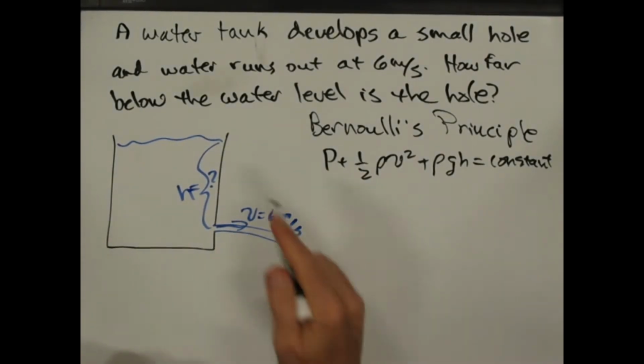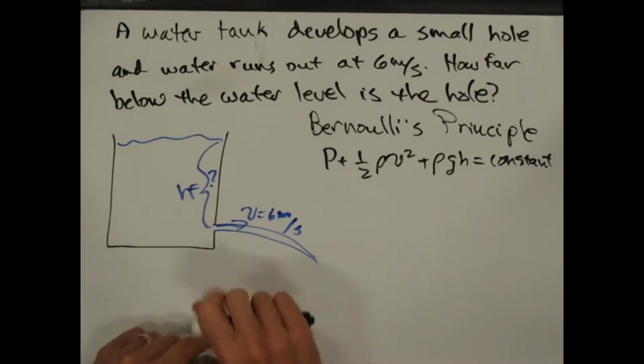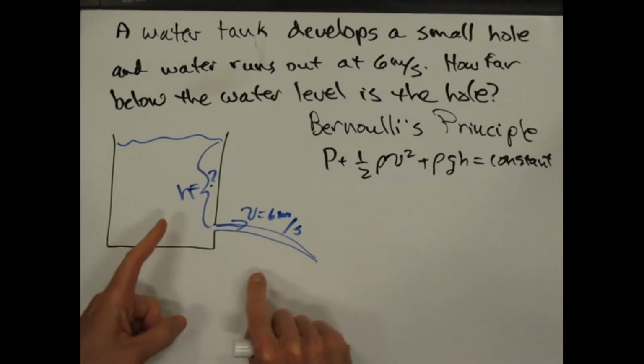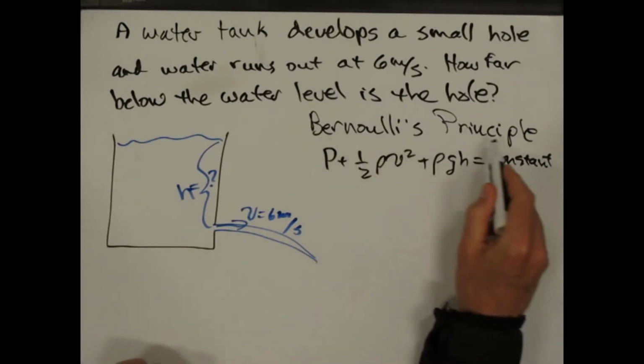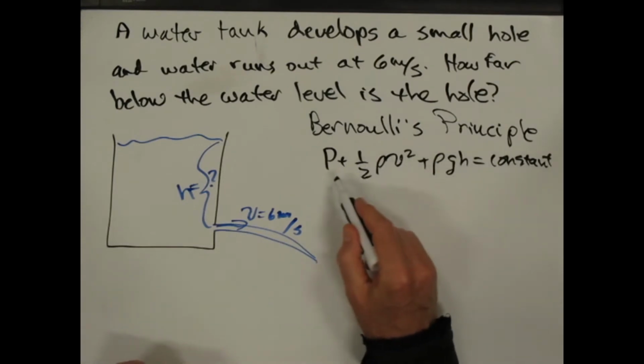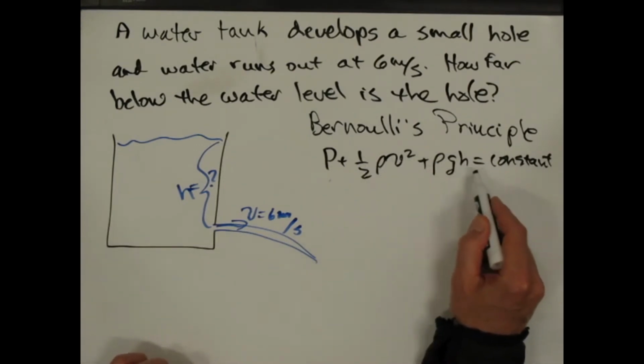So in this problem, a water tank develops a small hole and water runs out at 6 meters per second. And the question is, how far below the surface did the hole develop? And so this is a Bernoulli principle problem. Bernoulli's principle states that the pressure plus 1/2 rho v squared plus rho gh is a constant for the whole